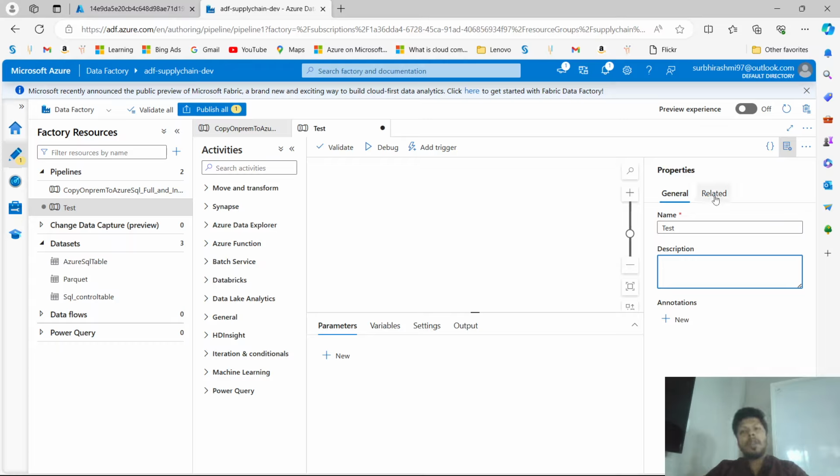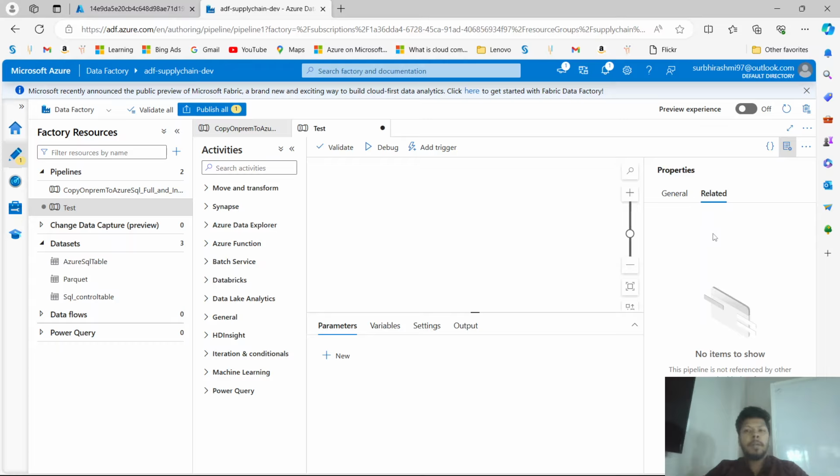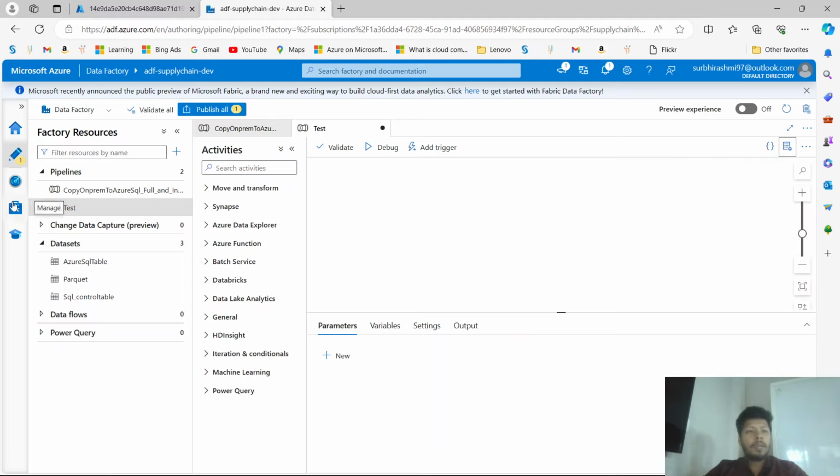The related section is something like this: there could be a scenario where one of your pipelines is connected to another pipeline. You can have a dependency between different pipelines. So it will show whether the pipeline that you have created is related to any other resources of the data factory that you have created. I'll tell you an example. Let's say I go to the